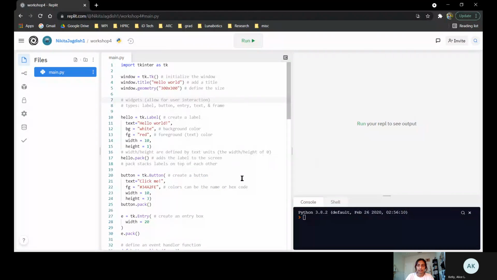So let me share my screen. Okay, so this was the code from last time. If I run this,